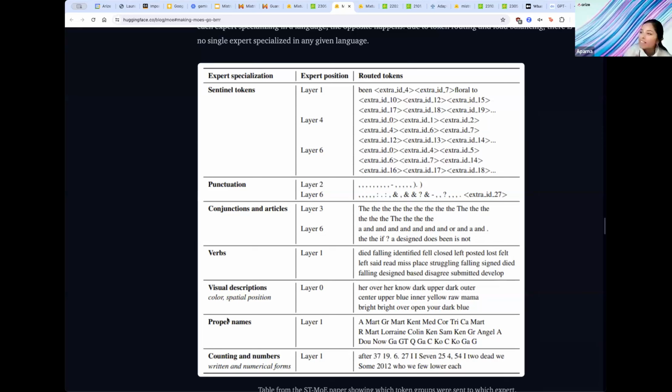Are they on specific groups of tokens? Like what are the groups of tokens on? But for me, this was a little counterintuitive that it actually broke up language into these certain things. And there are some experts that were good at certain components. And so essentially what happens, if you go back to your image, is that given any specific token,